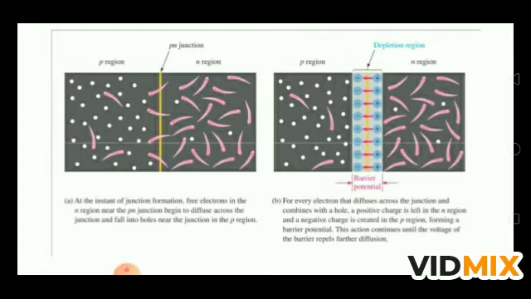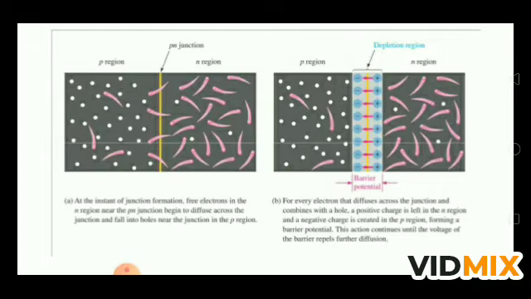means if you see that in the N region there are only positive charges left, and in the P region there are only negative charges left, and this is the region where the electric field occurs and it prevents the further flow of holes and electrons. Means इस region के बनने के बाद N region से electron और P region से hole इधर से उधर नहीं जा सकते. That's why it is also called barrier potential, because one potential occurs from positive to negative. You see the electric field is there, and this is the reason why the holes and electrons no further diffuse with each other.